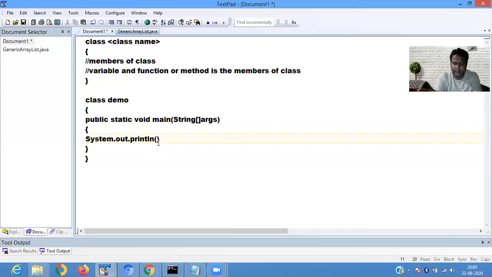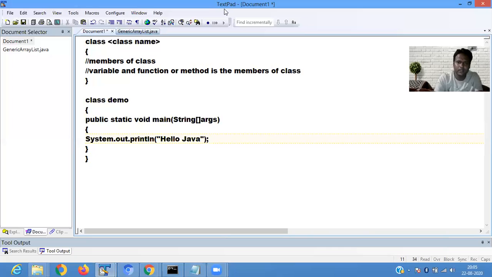Suppose here I write "hello Java". It is a simple program that I have defined, so it is printing hello Java.